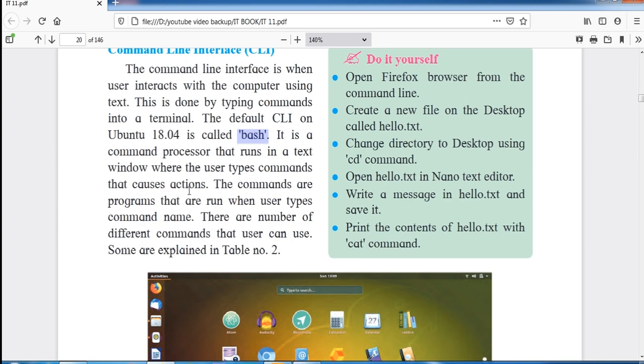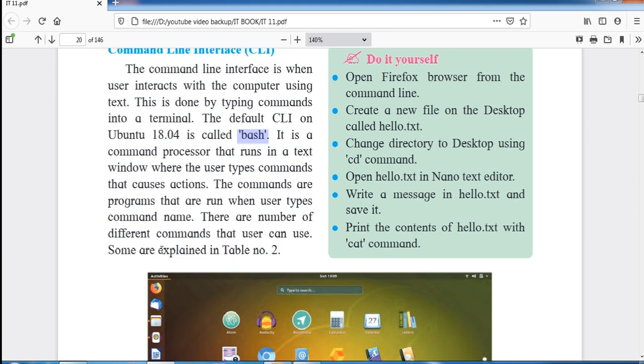If the user wants any action to be performed, then in the command line interface the user has to enter the commands which are given by Ubuntu. The commands are programs that are run when the user types the command name.